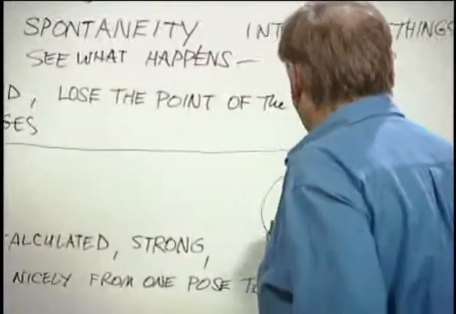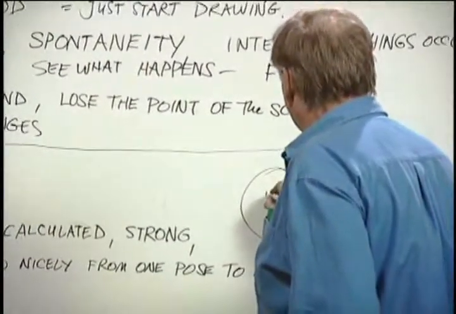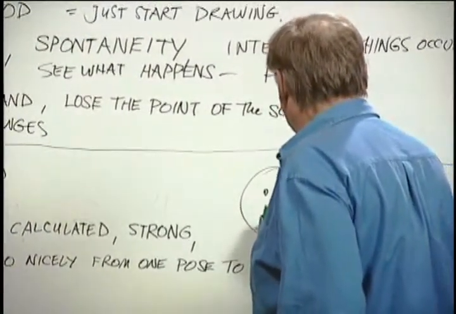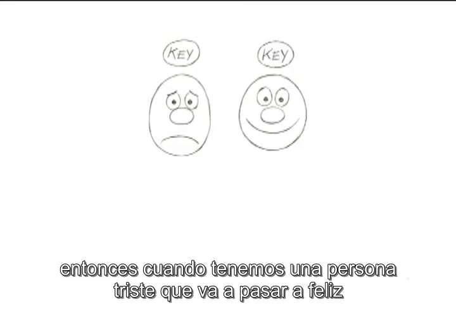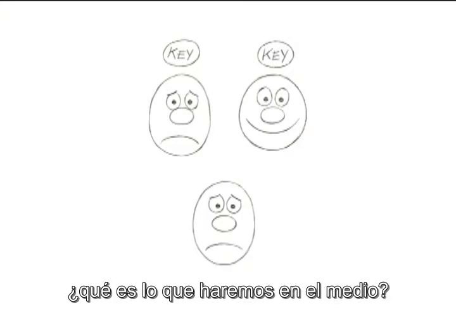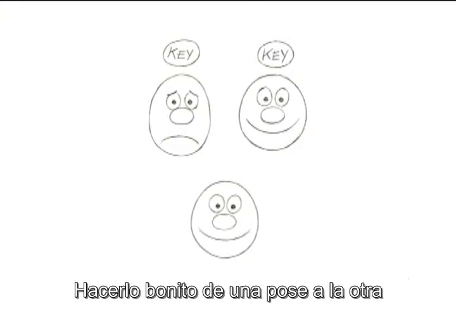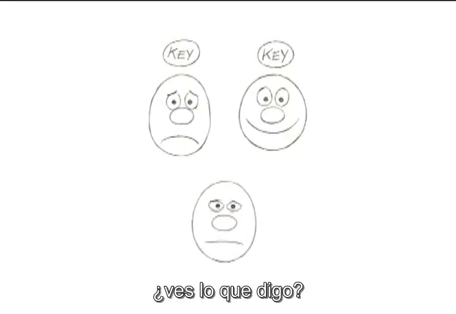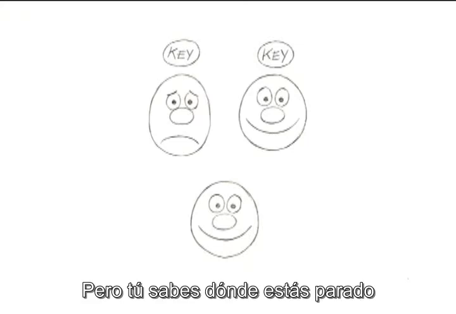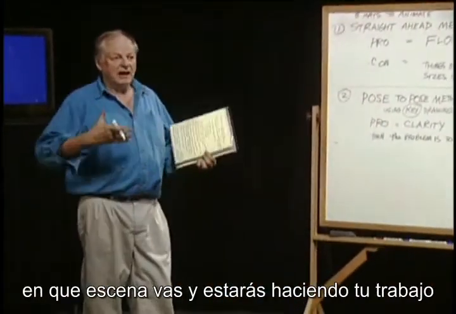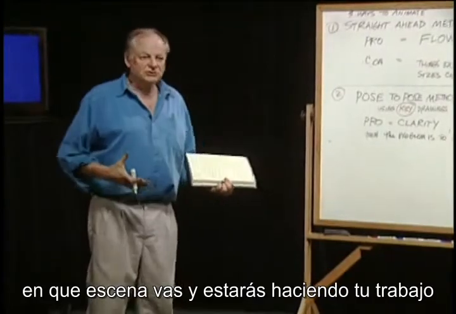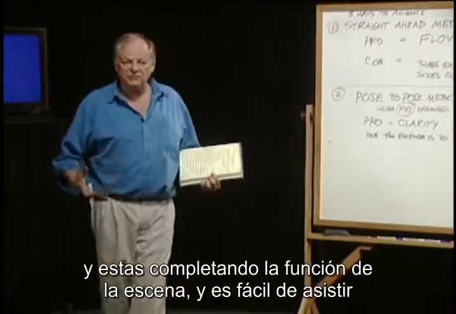So if we got a happy fellow, oh no, let's say he's sad and he's going to go to happy, where do we go in the middle to go nicely from one to the other? See what I mean? But you know where the hell you are, you know how long the scene is, and you're doing your job. I mean, you're fulfilling the function of the scene,